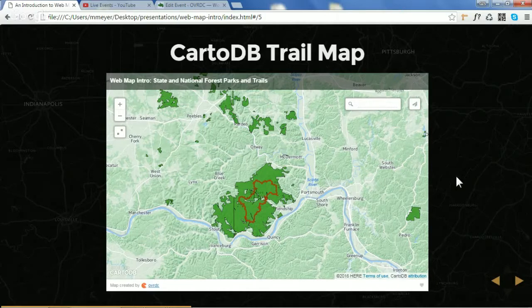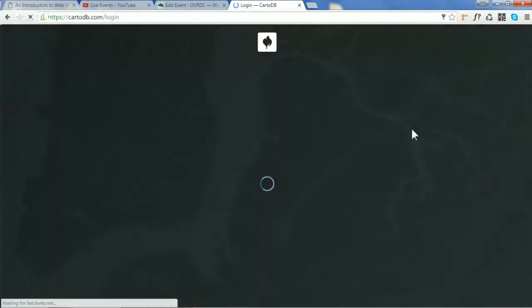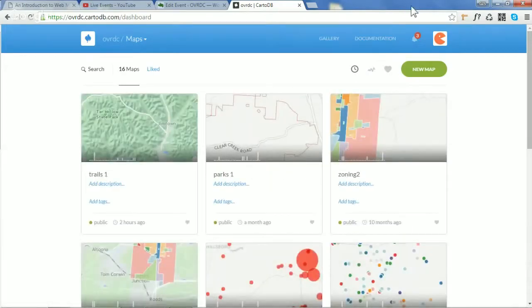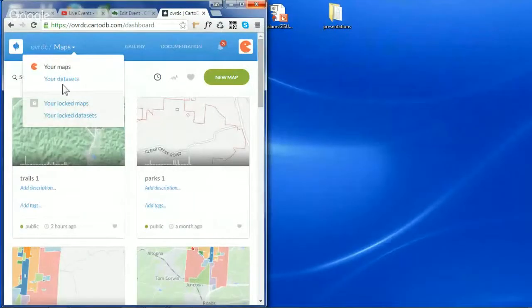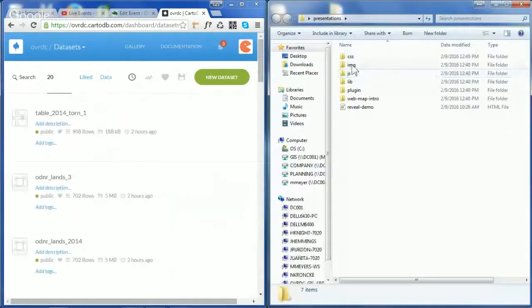So to get started, first we'll go to your CartoDB account, and I'll go to mine here. See if it will remember my login. And we're going to upload some data or connect to a data set. Uploading the data is real easy. All you do is drag and drop. If you go to data sets, you can just